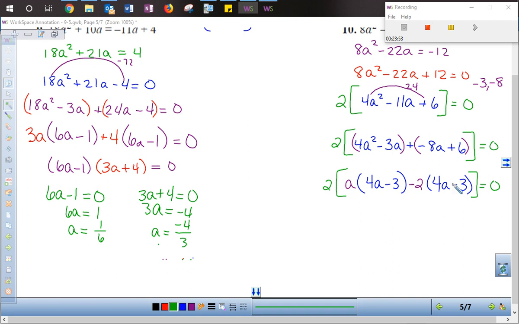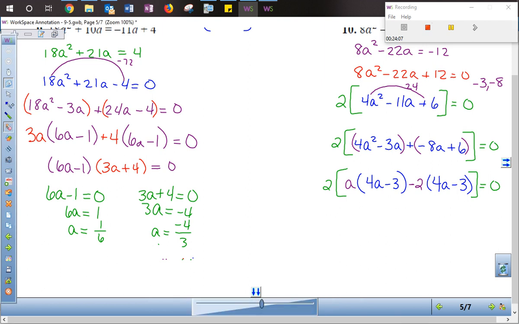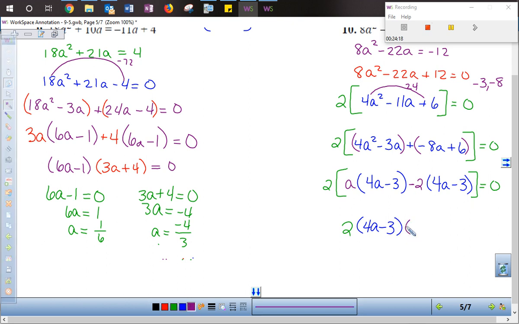Now, finally, I want to see what I have left. So I'm going to bring down my 2 with my binomial. The 4a minus 3's are the same. So I'm going to bring down my 2, and then the 4a minus 3 is in common. Then let's see what I have left. The a in front of that, and the minus 2 in front of that, and then set it equal to